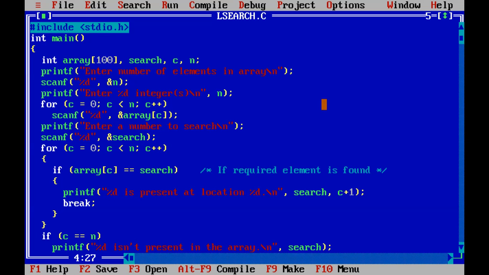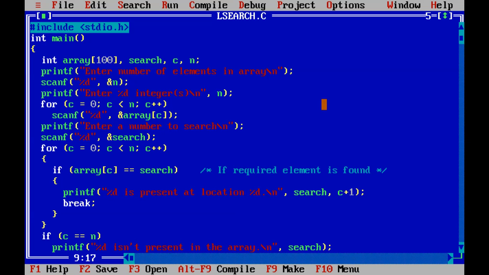Then we ask for the number of elements in the array, which will be stored in n. Then enter the elements in the array and store them using a for loop.